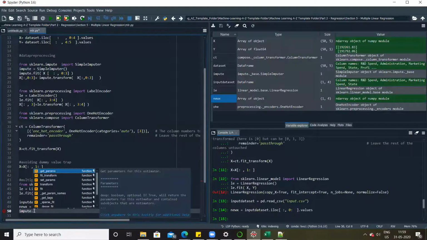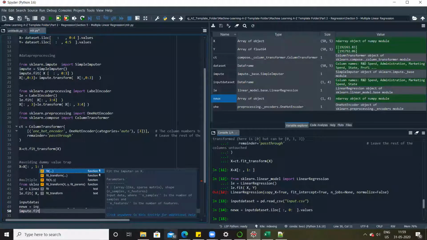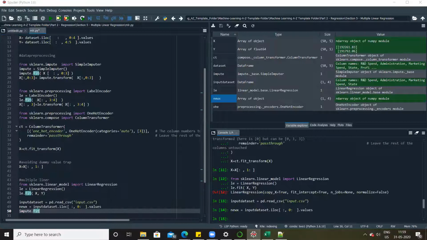And again, I'll not say fit. What is the meaning of fit? Fit means learn, right? Or fit means identify, right? Here this imputer variable has already learned on the original input X. Based on that, it has calculated the average value, right? For the missing data.